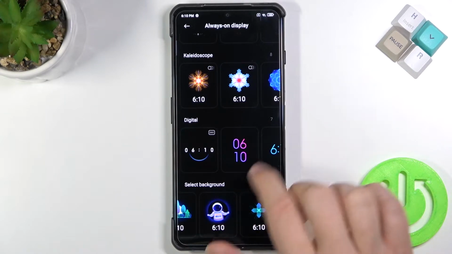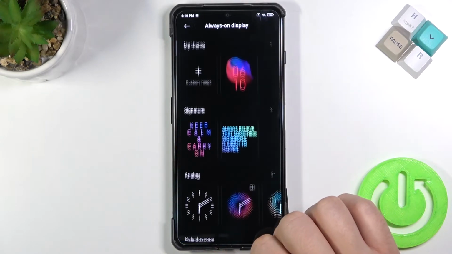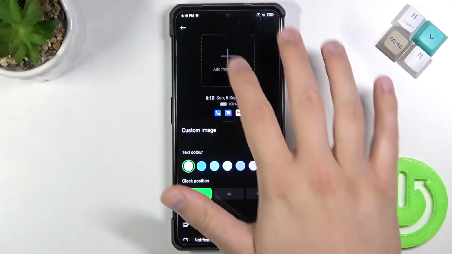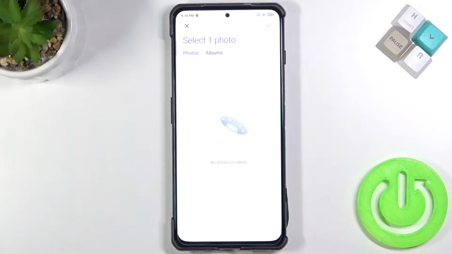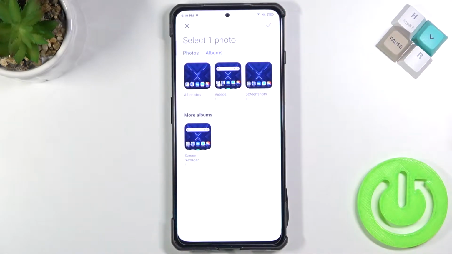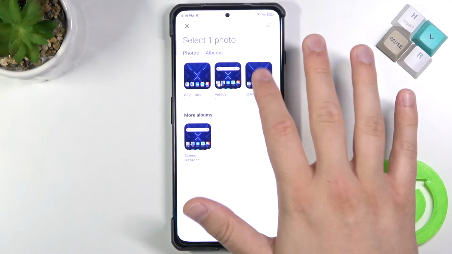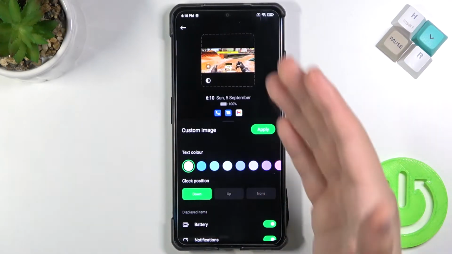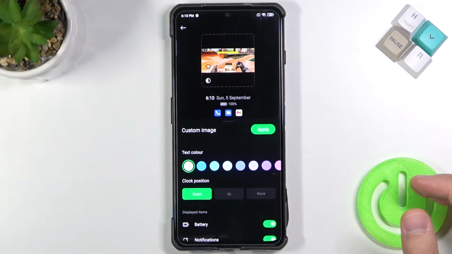There's a lot of them, but you can also pick your own. So if you want to set up your favorite picture, click here, then tap to add picture from the gallery. And unfortunately I don't have any pictures that I want to apply, but I'm going to pick screenshot just to show you that it really works. So for example, I'm going to get screenshot from Call of Duty